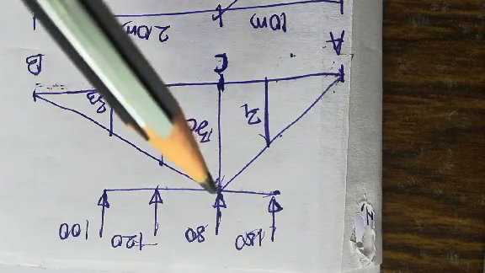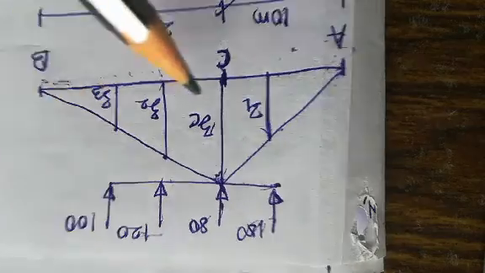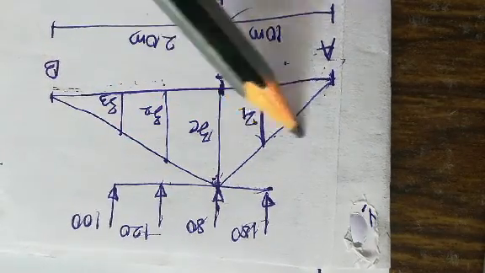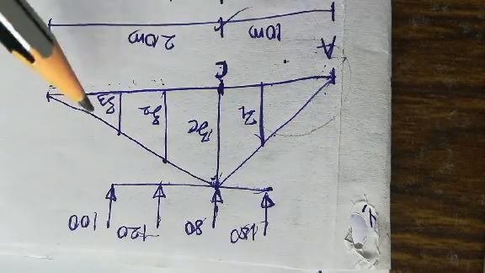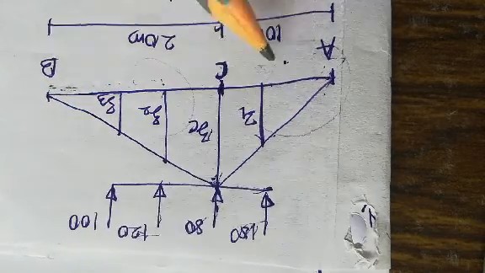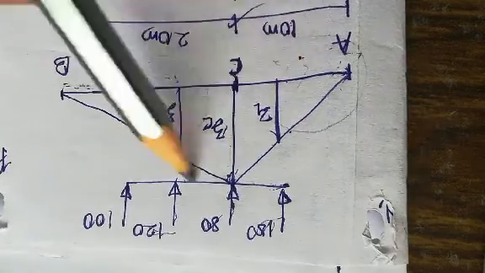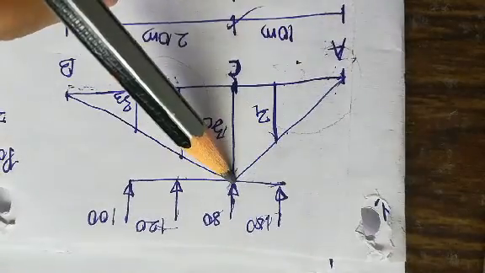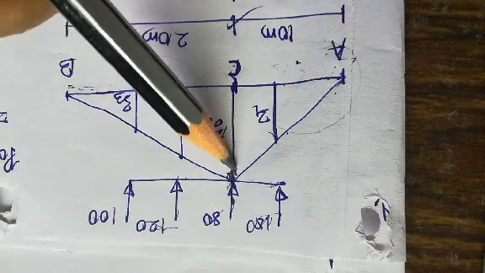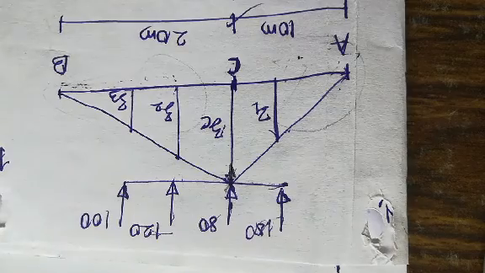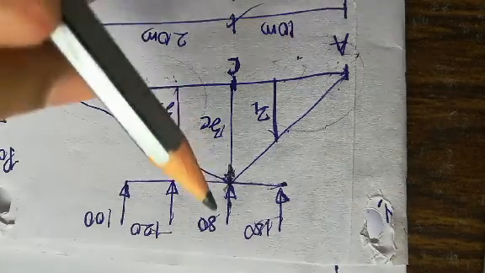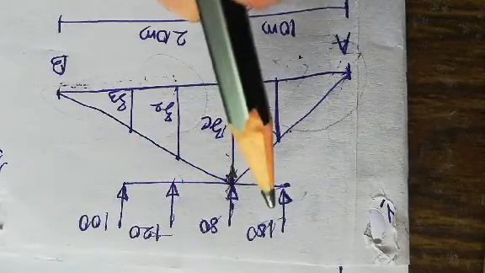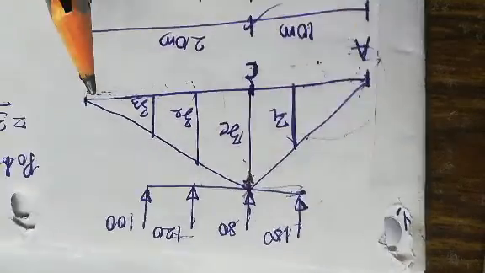Now, from the table we have seen that when 80 kilonewton rolls over C point, the heavier section turns to the lighter section and the lighter section turns to the heavier section. So this will be the arrangement for the influence line diagram. At C you are having the maximum load which causes the change in the sections. So place 80 kilonewton here, and with respect to 2 meter distances, you have to place the other loads.